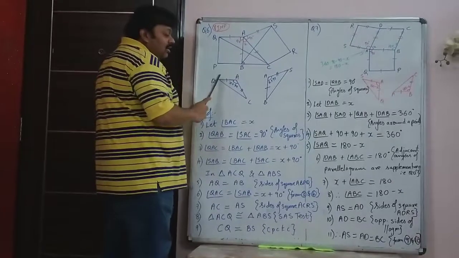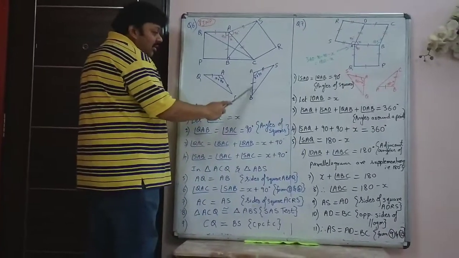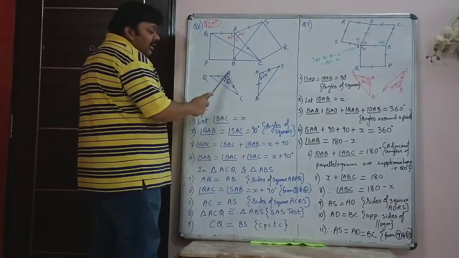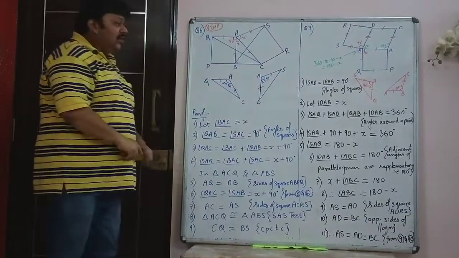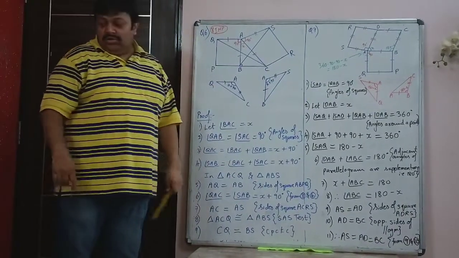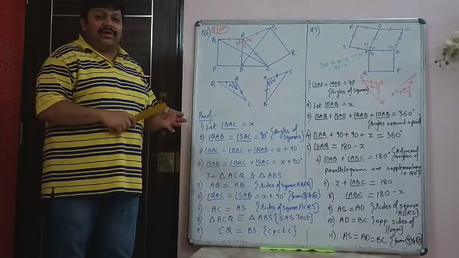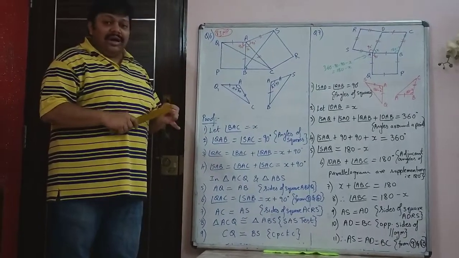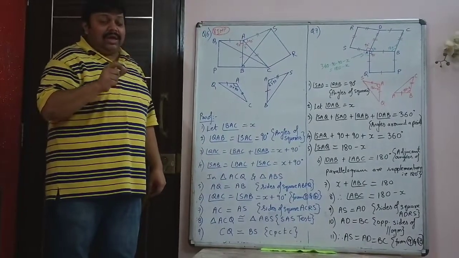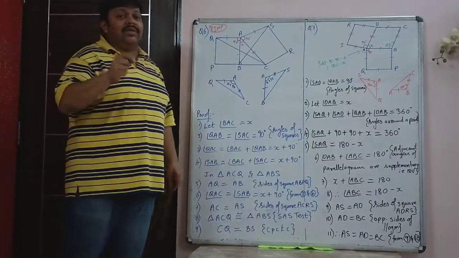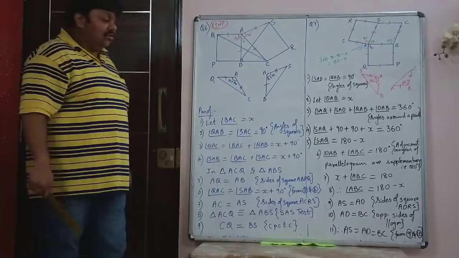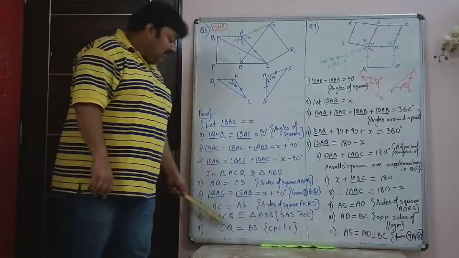So in these two triangles, now it is obvious, because QA and AB, angle x plus 90 and AC with AS. So the two triangles are congruent by the SAS test. You remember the tests of congruency: SAS, SSS, RHS, and either AAS or ASA. There is no ASS test. So that is the proof.